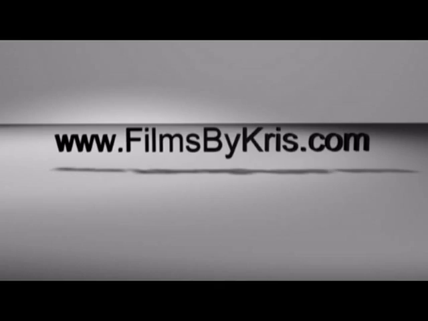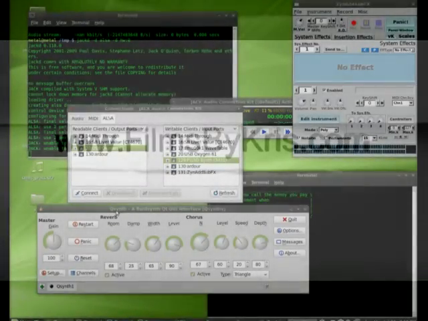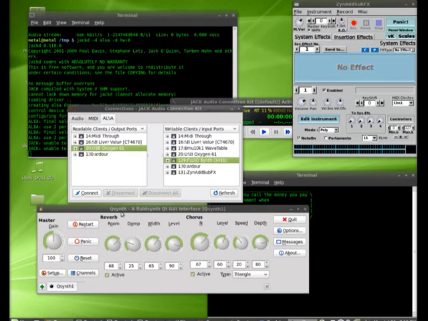Today we're going to be looking at what's called sound font files, and we're going to be using a program called Qsynth, which is a front end for a program called Fluid Synth. I'm going to get more into detail in future tutorials on exactly what sound fonts are, but so far in